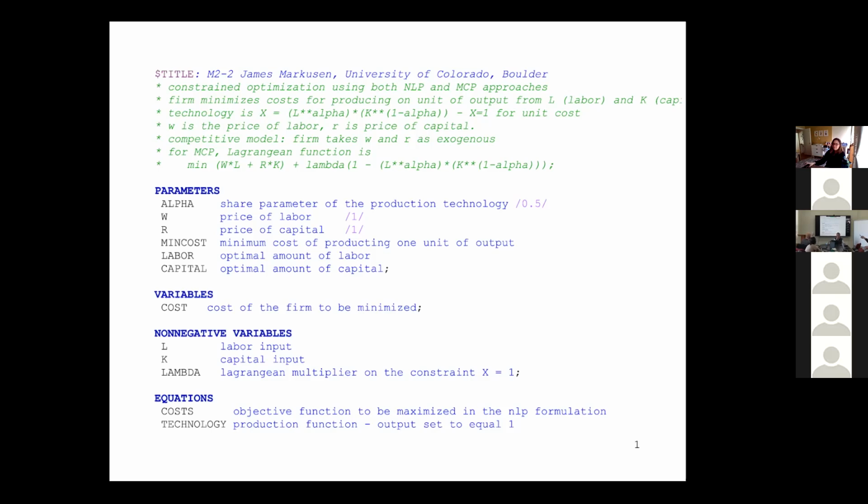It must be in the first column. There's a dollar title at the top that gives a name for the model you're running. That gets echo printed in the listing file on every page. He gives names to the parameters, and this is the free format of the layout of the parameter. It's just got the name, and the description is expected after it. And then if you want to give a value to the parameter, you put a slash and then the number,